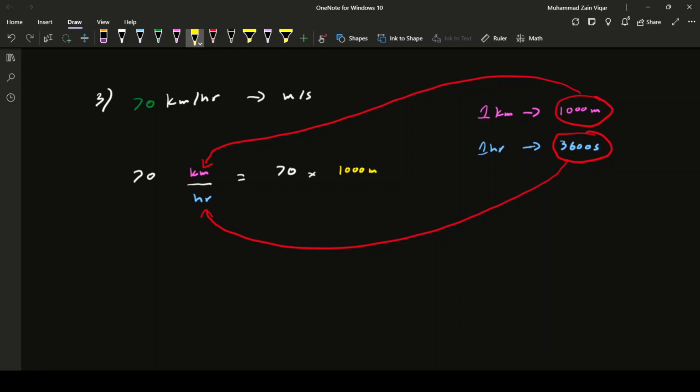1000 meter divided by 3600 seconds, and this would become 70 multiplied by 1 over 3.6 meter per second. When I multiply 70 by 1 over 3.6, I am left with